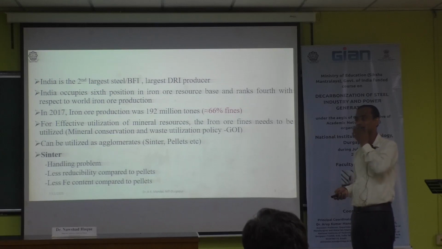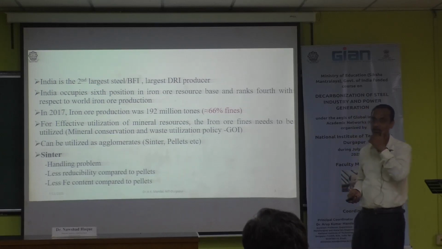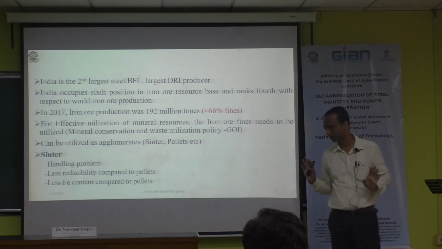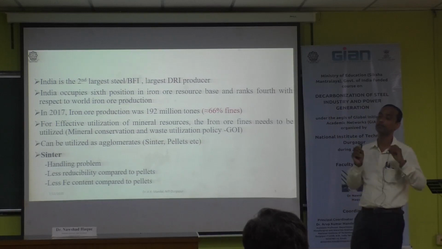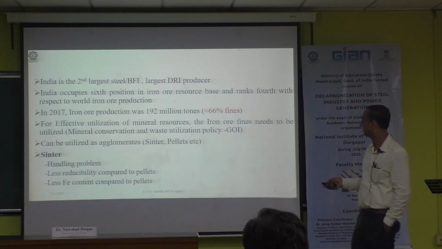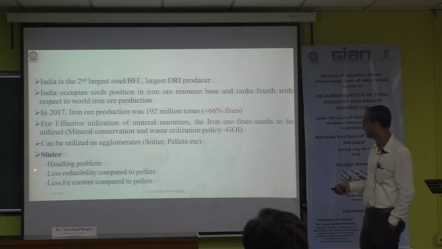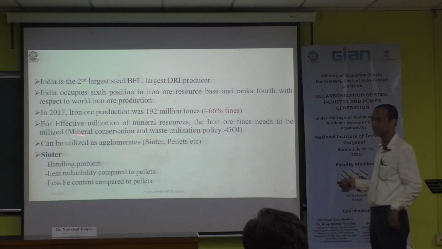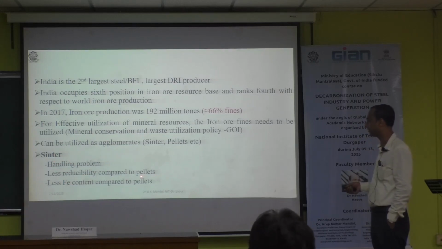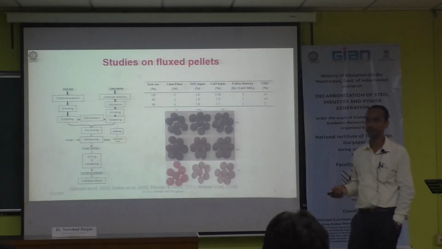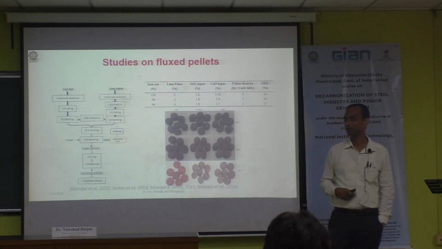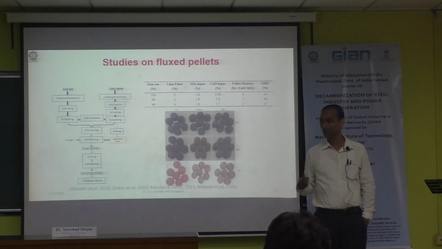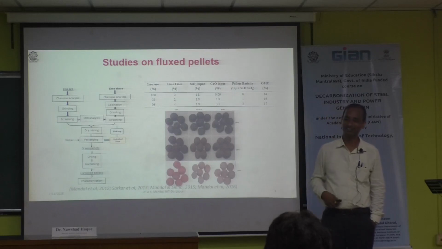Earlier, what happened? If you have iron ore constantly less than 3 mm in size, you cannot use it in the furnace at the same time due to the short circuit. Then this process was general actually. This replaces the intermediate particles. So in the case of sinter, the problems are uneven shape, handling, less reducibility compared to pellets, and less iron content, because sinter is considered as the